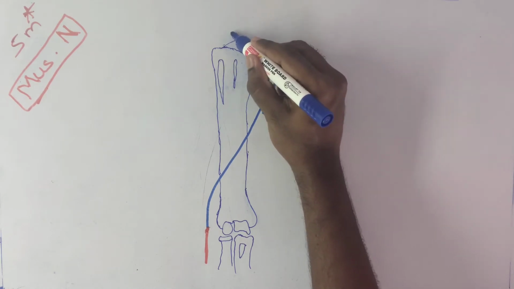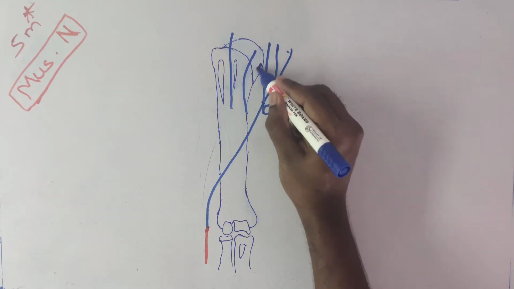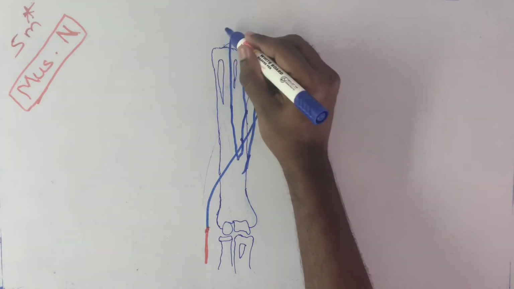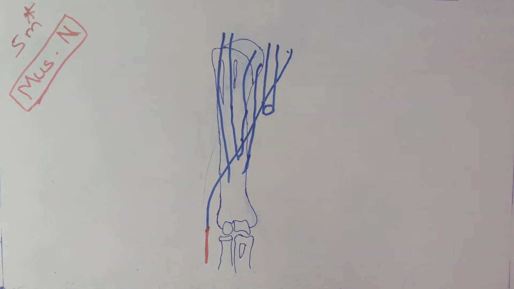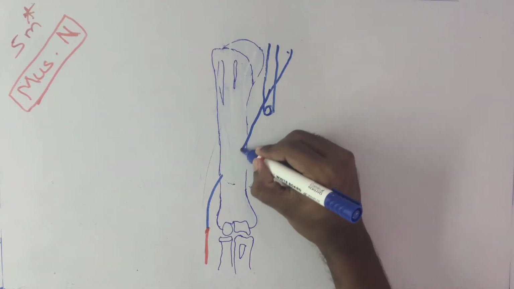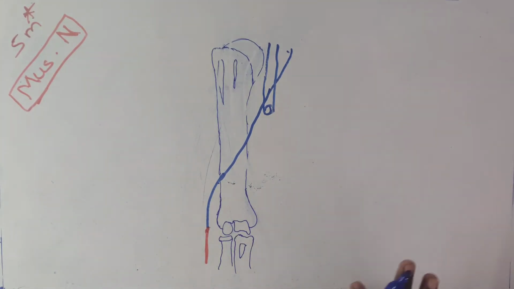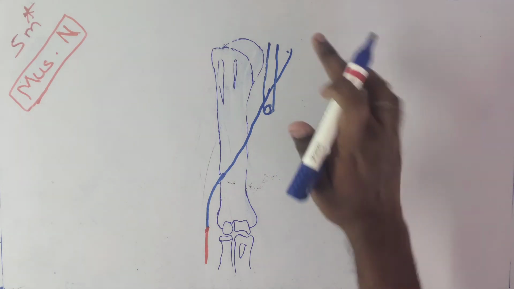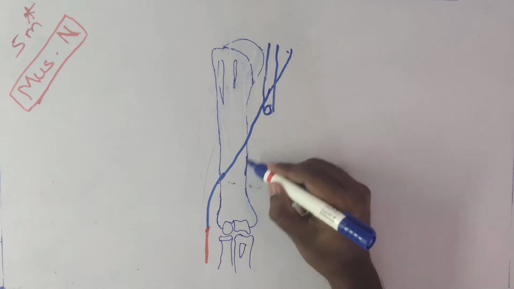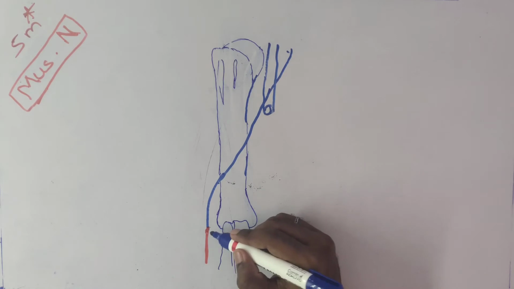of biceps brachii. Here is the long head of biceps brachii and here is the short head of biceps brachii. It enters between the long head and short head of biceps brachii. Next, it terminates by continuing as lateral cutaneous nerve. This is all about the origin, and here is the course. Course means piercing the coracobrachialis and two heads of biceps brachii, and at the termination point it continues as